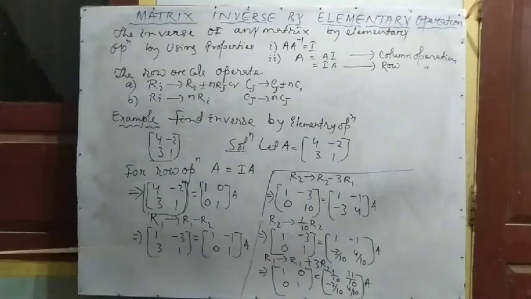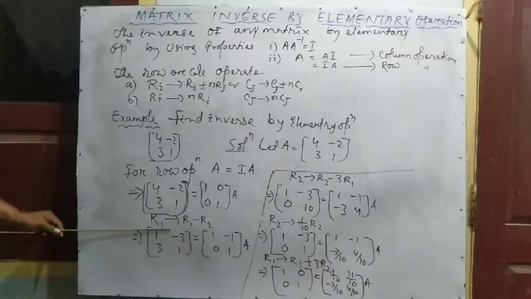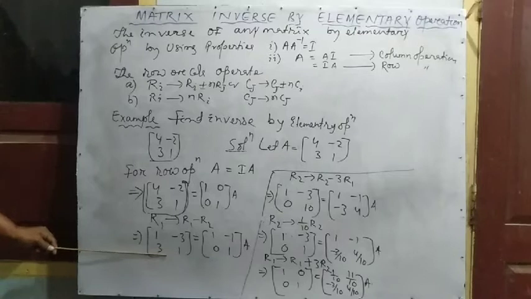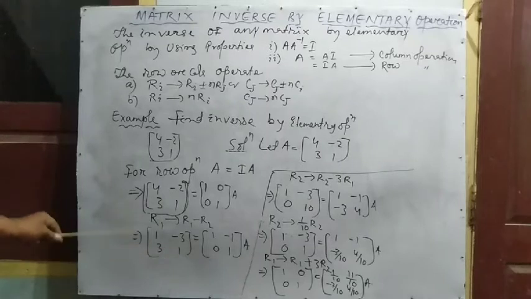Now look at here the second step of this. Here it became 1 only. Already here it is 1. You convert now 3 into 0. This one into 0. How to make 0? Here row number 2 minus 3 times of row number 1. Row number 2, this is the row number 2 minus 3 times of row number 1. This becomes 0. 1 0 1 0. You just make in this way. Here written what? R2 changes, R2 minus 3 times of R1, because here it is 3, here it is 1.